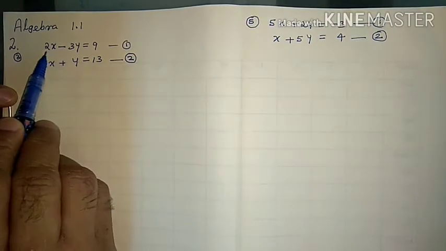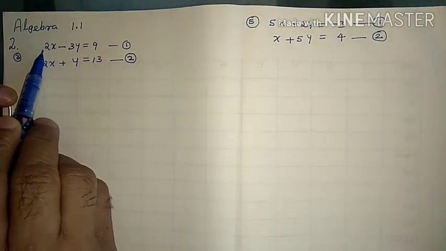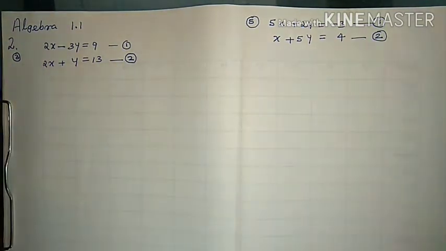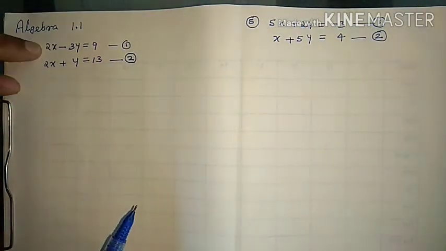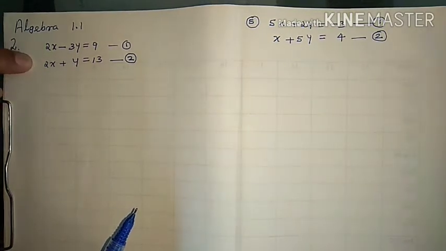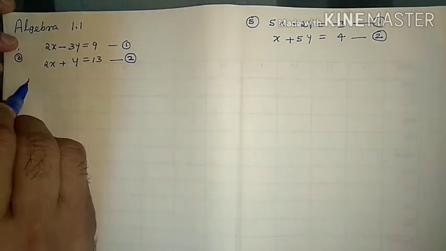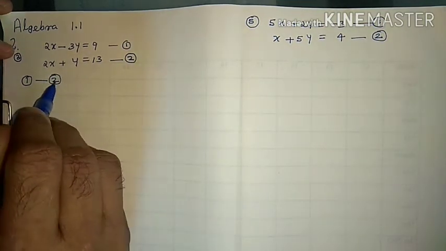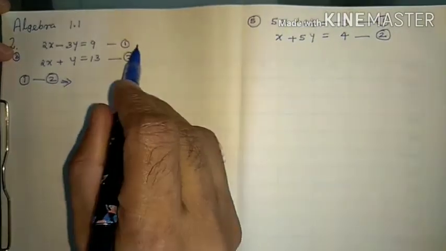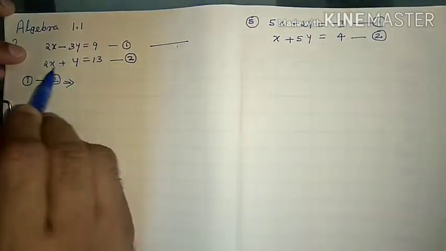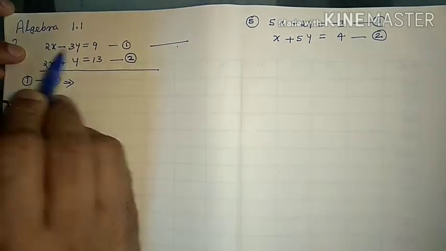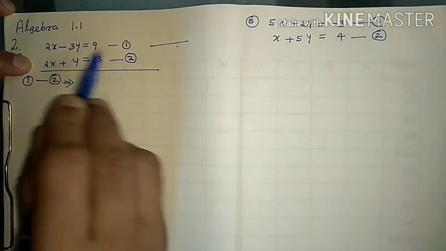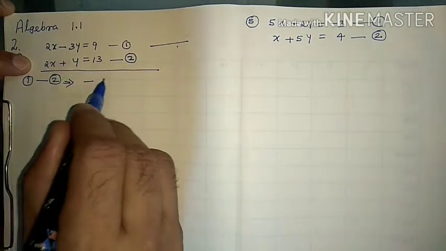in the first equation, coefficient of x is 2. The second equation also, coefficient of x is 2 only. Both are having equal coefficients, same sign also. Then we subtract equation 1 minus equation 2. 2x minus 2x, 0. x and x get away. Minus 3y minus 1 more y, minus 4y